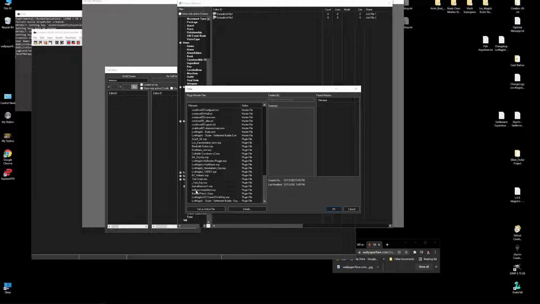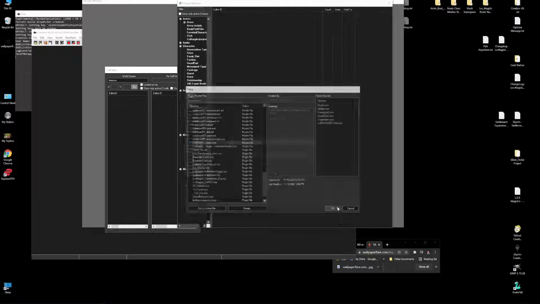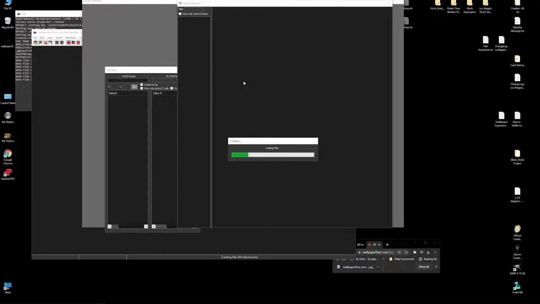What I'm going to do is add, I kind of wish I would have kept my, let's do this. I'm going to use my boat mod to show you what I'm talking about by adding it into the game.